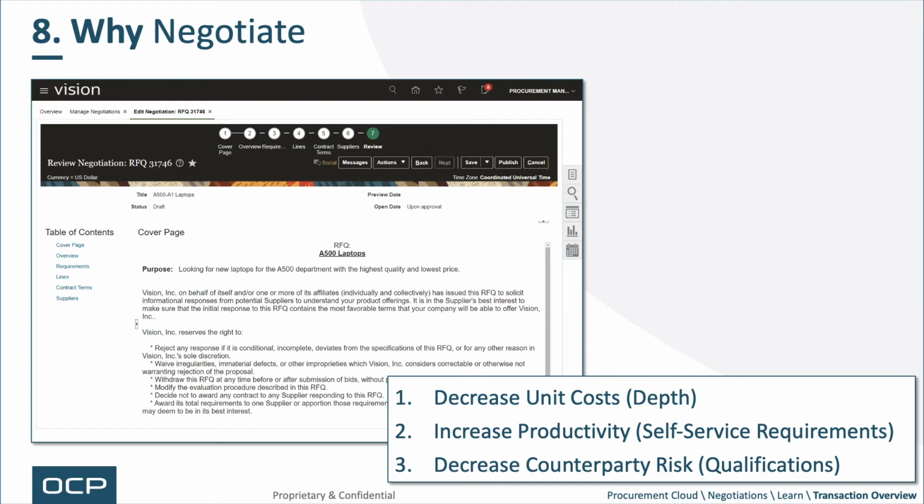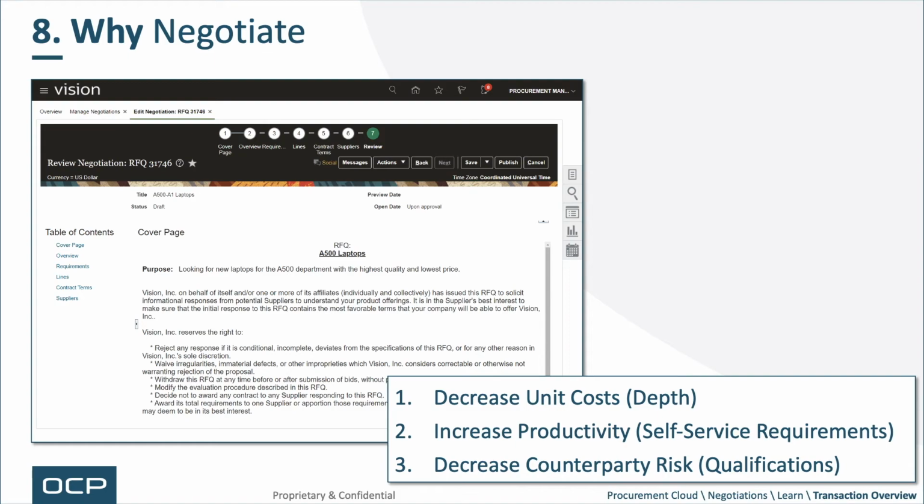And then lastly, we didn't really talk about this, but you can actually display the contract terms and conditions in the sourcing event that the supplier is going to have to adhere to in the contract, as well as facilitate the contract, link all the transactions. There's a definite way to do that. Fusion will allow you to do that. And so then you decrease your